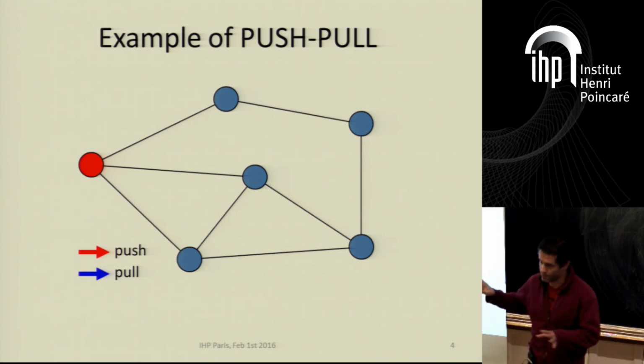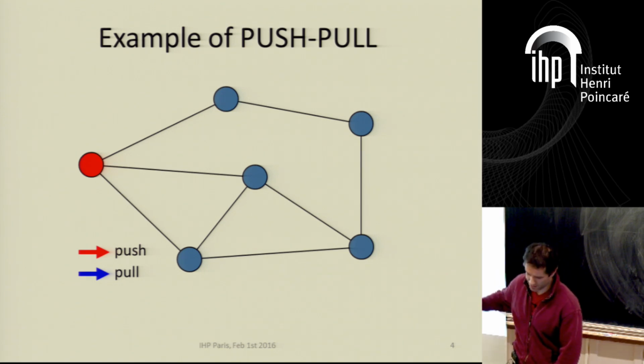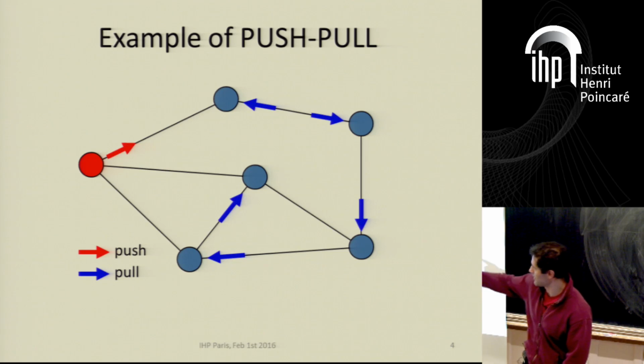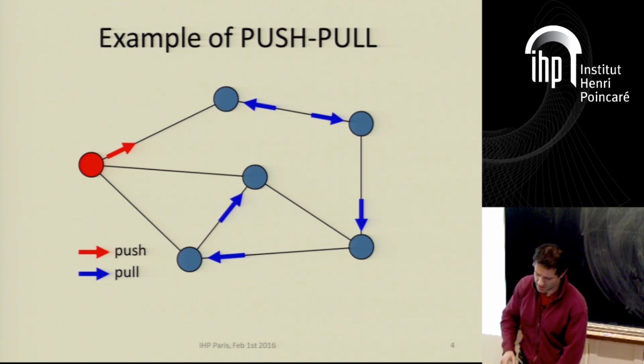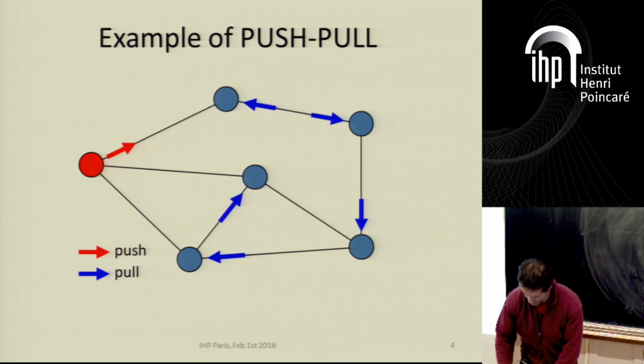So this is an example of the push-pull protocol. This red node who knows the rumor chooses a random neighbor to push the rumor to and inform that neighbor. So let's say this red arrow indicates which neighbor it chooses, and every blue node, which is a node that does not know the rumor yet, chooses a random neighbor and tries to pull the rumor from it. For example, this arrow says that this node will try to pull the rumor from that random neighbor, of course unsuccessfully because that node does not know the rumor. So after the first round, only one node gets informed.